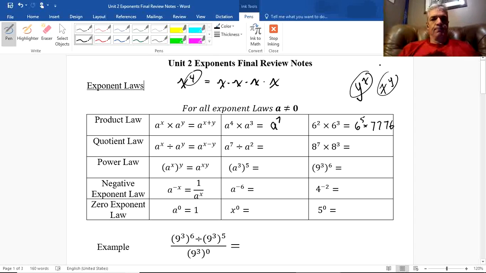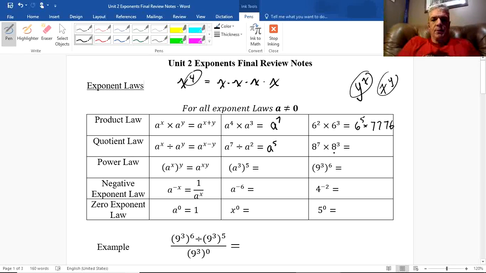All right. The second law was the quotient law. The quotient law says if the base is the same, in this case a is the base again, then the exponents, when they're divided, are subtracted. So x minus y. In this particular case, a to the 7 minus 2 is a to the power 5. And then using 8 to the power 7 and 8 to the power 3,